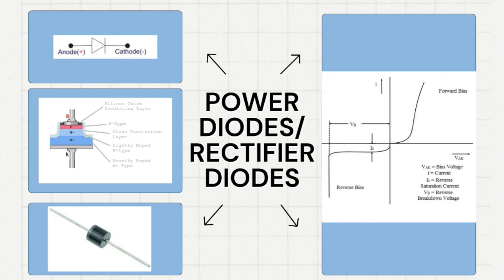A high peak inverse voltage is the result of a high diode resistance. Silicon is typically used to make power diodes. They are also known as silicon power diodes for this reason. The holes from the extensively doped P-positive region are injected into the lightly doped N-negative area of the power diode when it is forward biased. Because of its mild doping, the drift layer is unable to recombine all of the holes